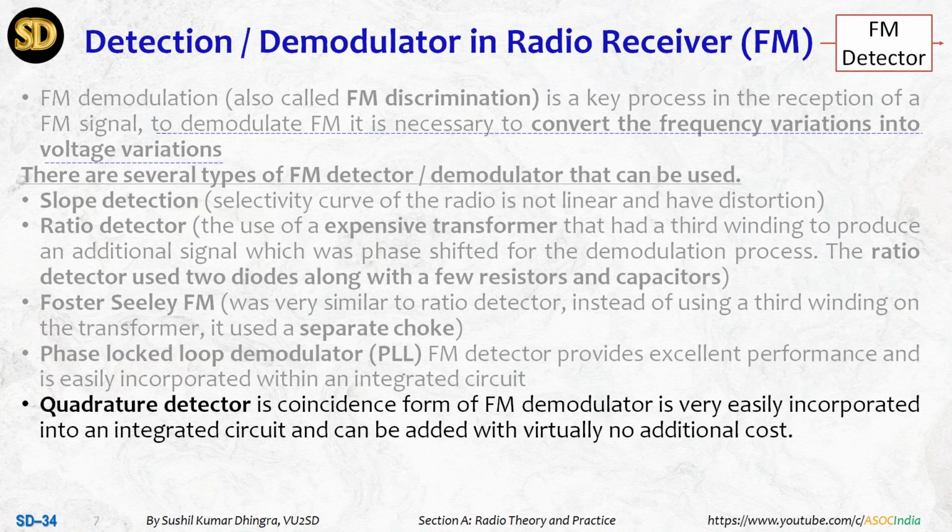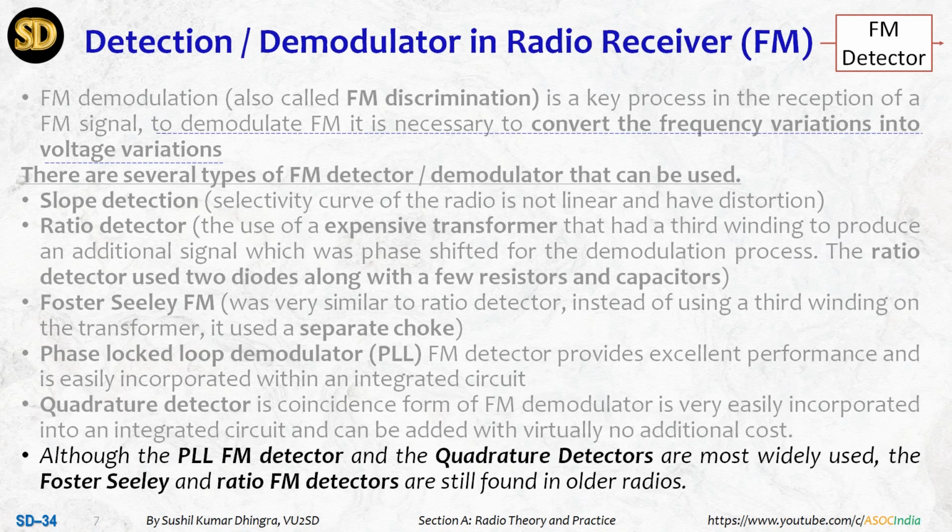And one more detector technique is there, the quadrature detector. It is a coincidence FM demodulator. It is easily incorporated into an IC and can be added with virtually no additional cost. In communication receivers, FM like walkie-talkies and others, it is used. But my intention is the ASOC examination and the syllabus is very old, so I have to cover only basic traditional education. So, continuing,